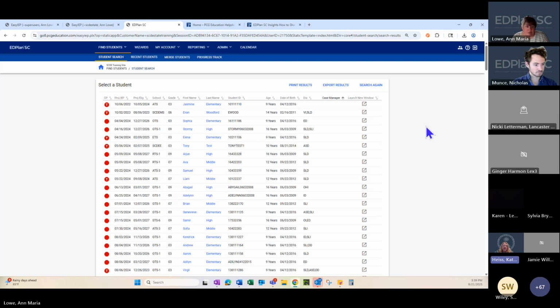So this is how I would run this report and say, oh, who's that? Why don't they have a case manager? It helped me keep my data clean and know that every student was accounted for when it came to having a case manager and who was responsible for that student. Now, this is the training site, so this would be not good if this was your district, but with this data, we can see all these red stop signs and all these students don't have case managers.